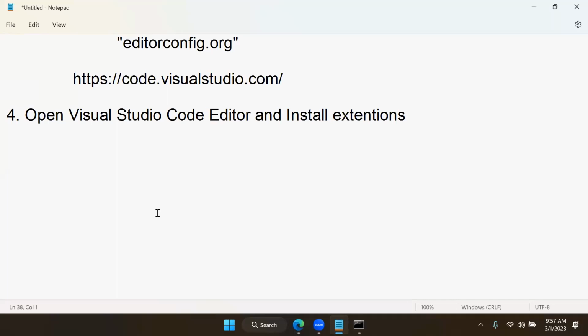Directly Java programs will not run. What we have to do? We have to install some extensions which will allow Visual Studio to run JavaScript programs. Some extensions are required. So what are the extensions? What you do is, once you installed, go to